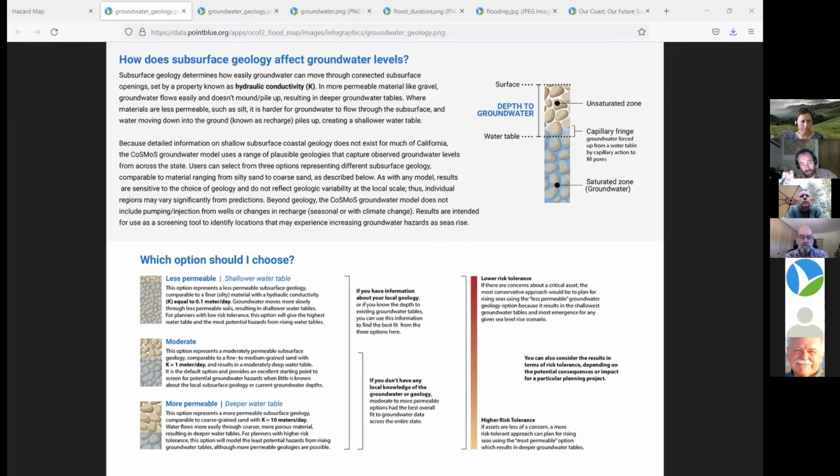The model outputs fit best with our 3 wells that we care about in our area, and go with that to pick your geology. The other option is to say you care more about the hazard. Do you want to be extra careful in this groundwater hazard, or are you less concerned about it? And so that also lets you choose which geology to use, because the low permeability, the less permeable option, is